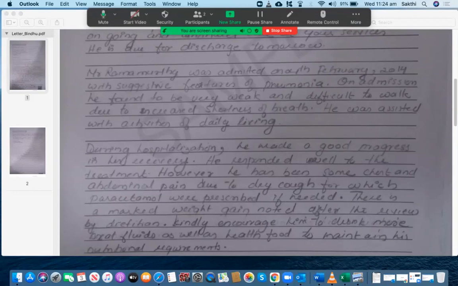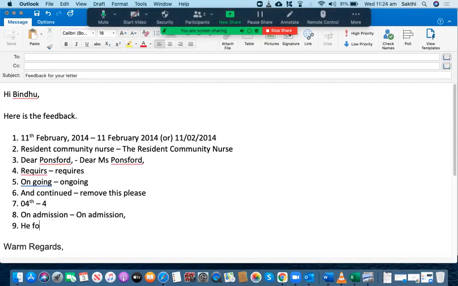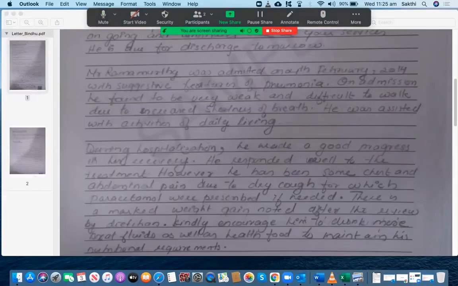"He was on admission. He found it to be very weak." Why he found it to be is incorrect, because it suggests he found something else, someone else. For example, "He found the doctor to be very friendly" is okay. But what you should have done is "He was found to be," which means others actually find him, whatever they want to write down after that. Okay, found to be very